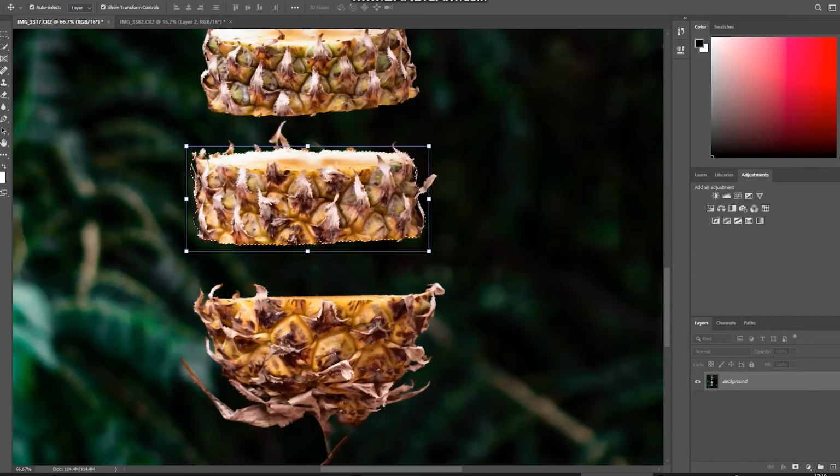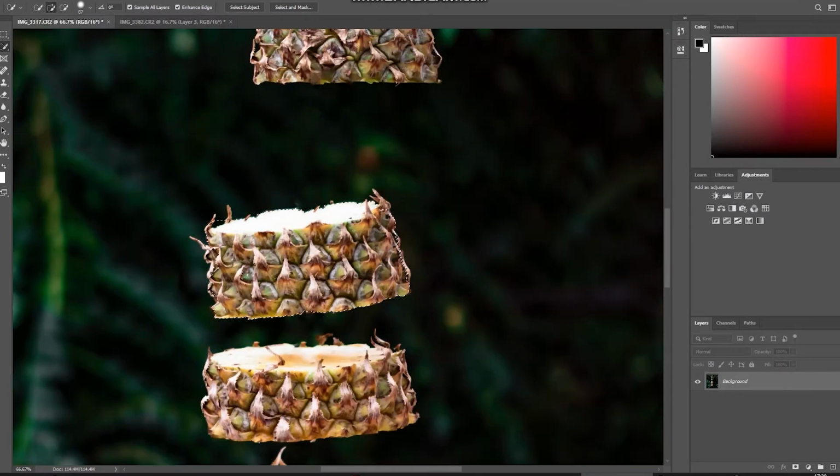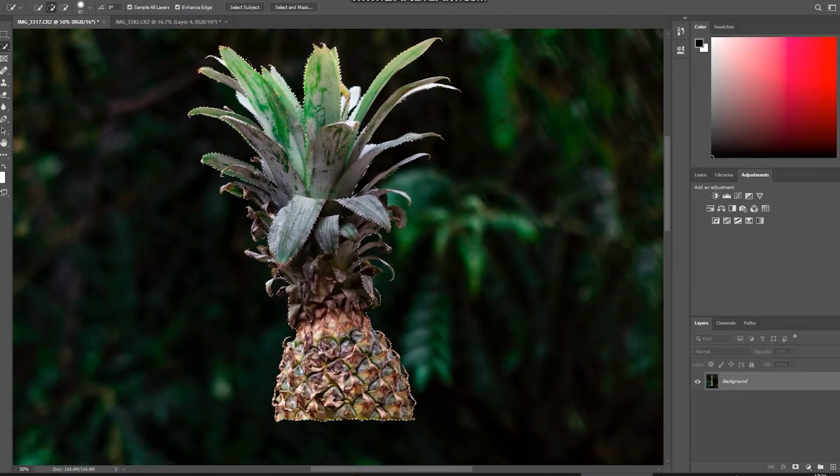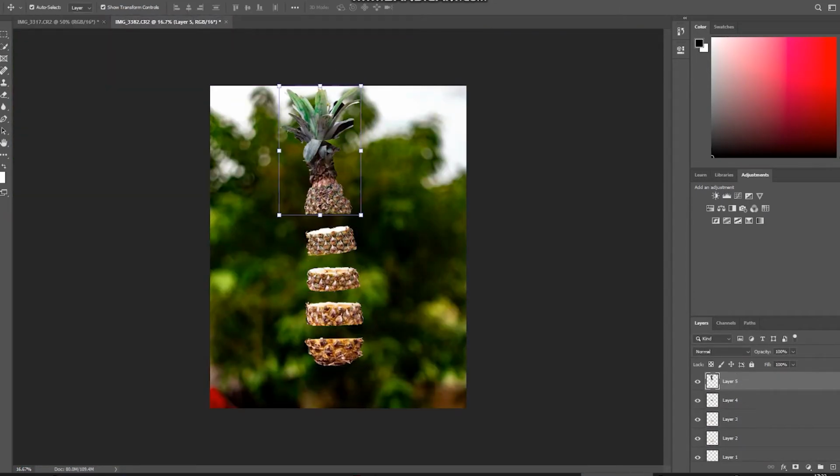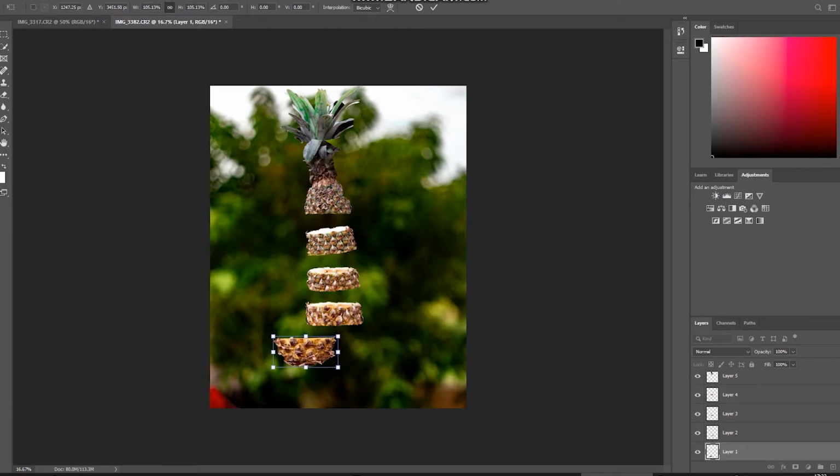Follow this process one by one for all the pieces until you have put all your levitated pieces on the background. Once you have done that, you have to select all and position them accordingly to match the output that you had already visualized, just the way I am doing it. Now you will notice that all these pieces are separate layers in Photoshop. So you can move and resize all these layers. You can change the angle at which the piece is visible, so you can modify it the way you want and the way you had visualized your output. So I'm making it the way I wanted it to look, in the form of a diagonal, and that's when I'll get my result.